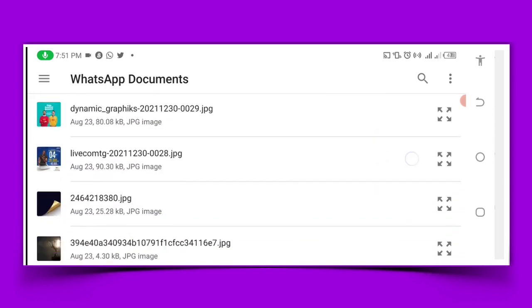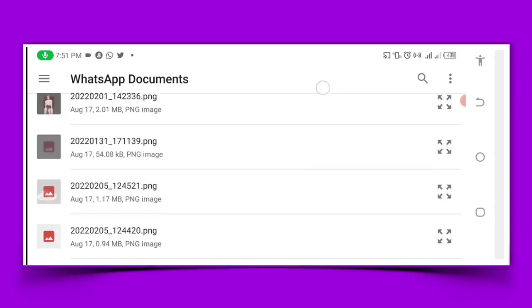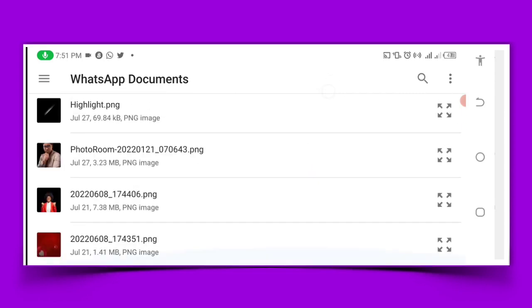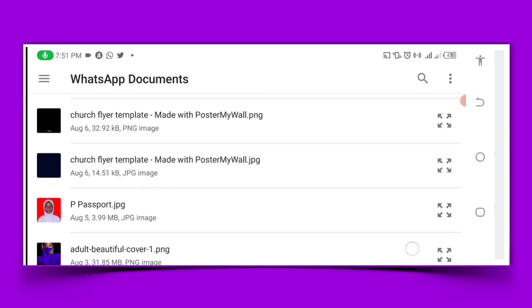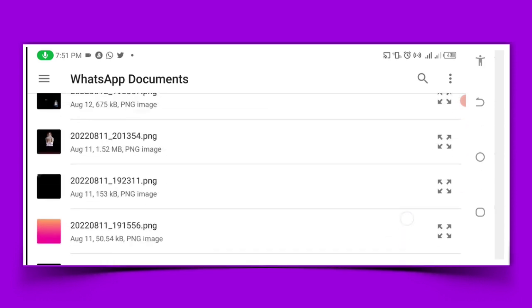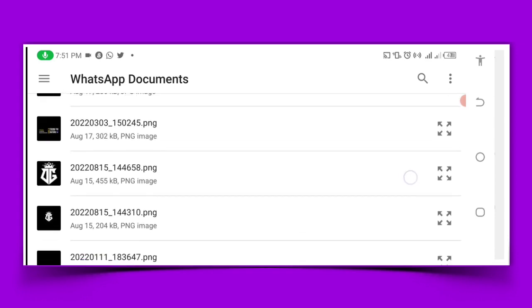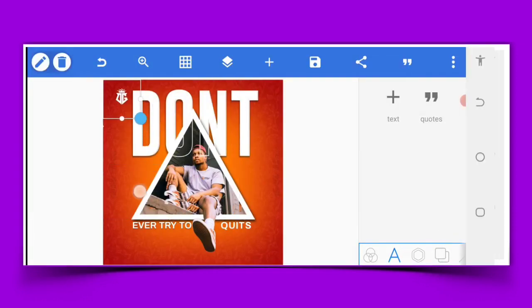Okay, use the logo first, which should be around there. Okay, perfect. So after that, we go in there,